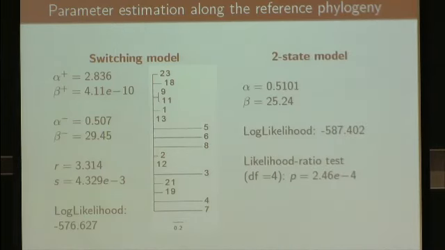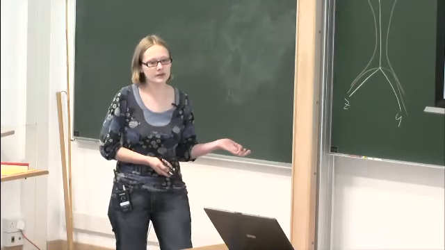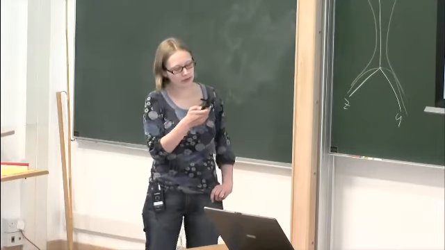If we estimate the parameters under the two-state model, we see that the switching model is actually preferred, using a likelihood ratio test. However, as I told you, the spacers don't really cluster in the tree. So I wanted to have an idea first whether using the species phylogeny is somehow influencing